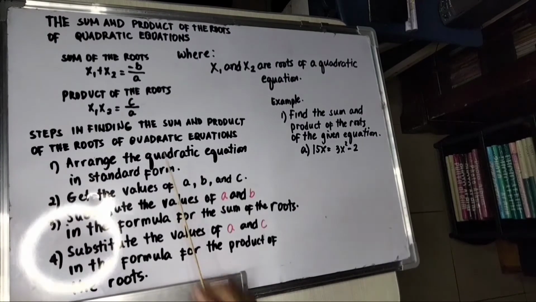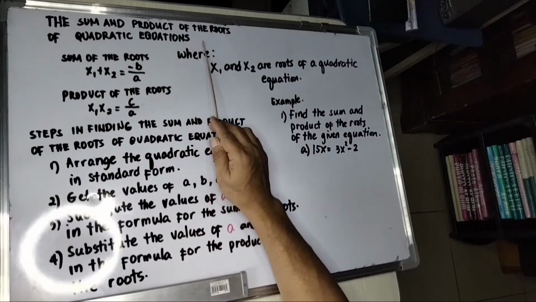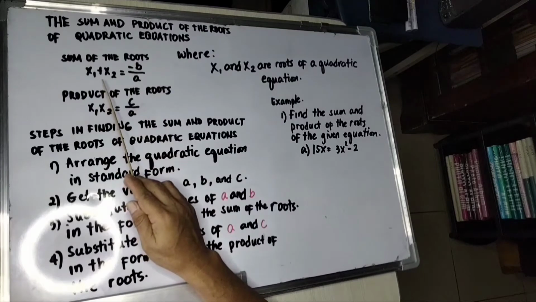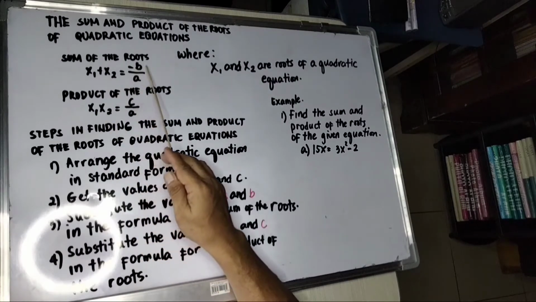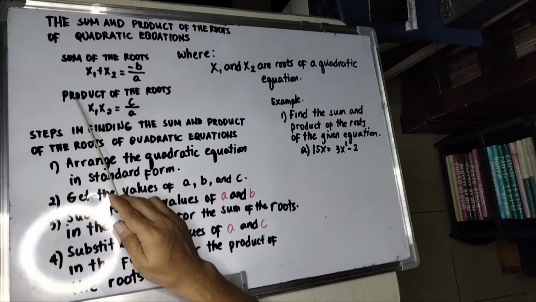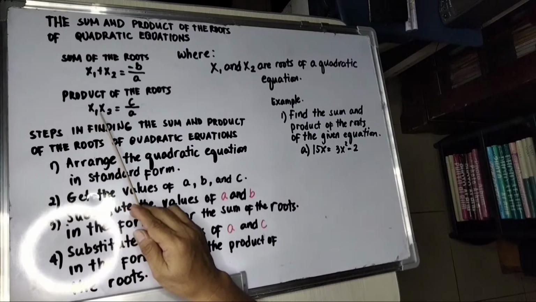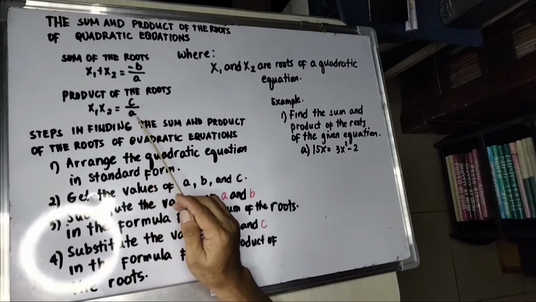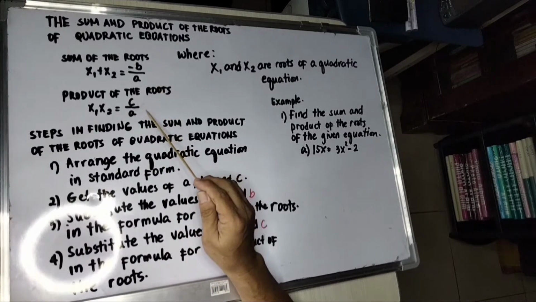Time, we are going to get the sum and product of the roots of a quadratic equation. The sum of the roots, the formula is x sub 1 plus x sub 2 equals negative b over a. For the product of the roots, x sub 1 times x sub 2 is equal to c over a, wherein your a, b, and c are